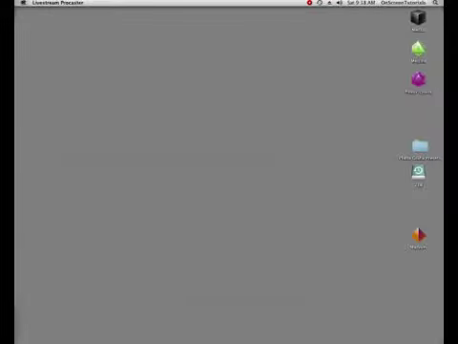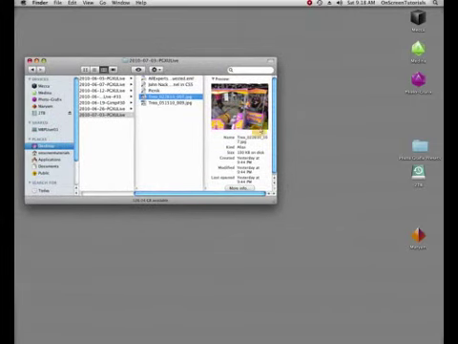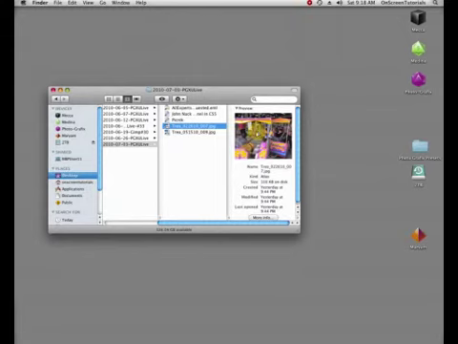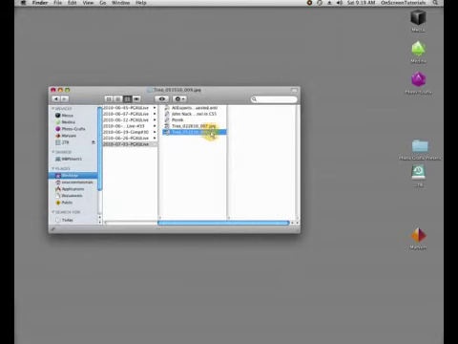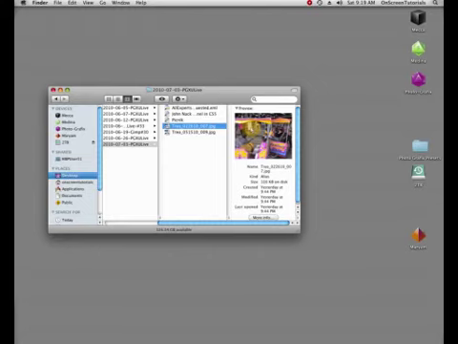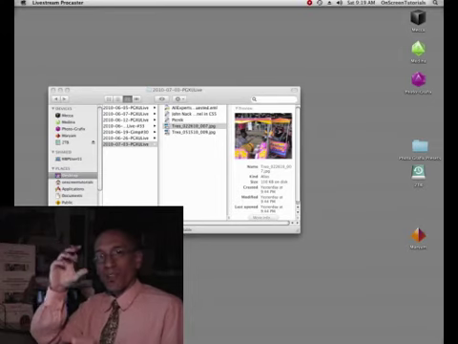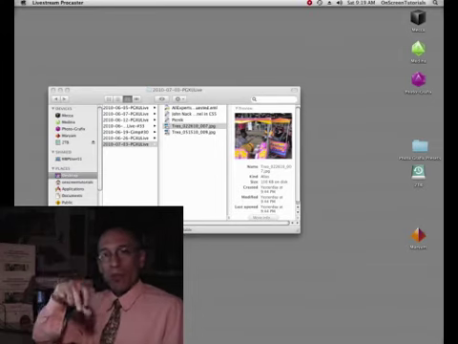Now, thumbnails. I'll give you an example on screen here. Looking on screen right now, this is a thumbnail, or what you would call a sketch or a preview of the file. This is actually not necessarily the file itself. So just because you have a thumbnail doesn't